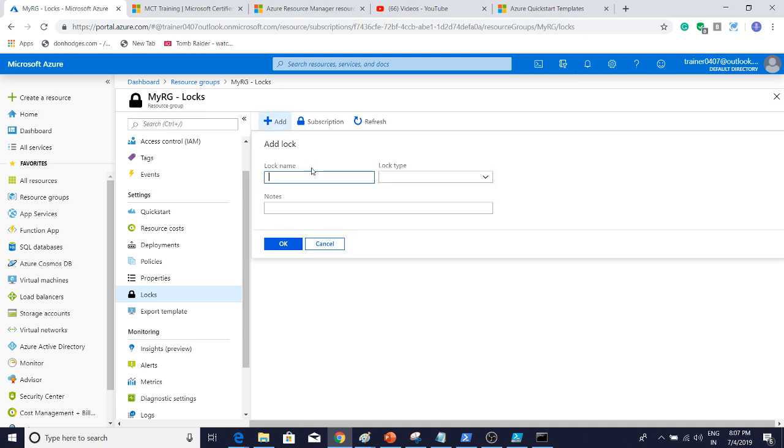There are two kinds of lock. The first one is read only. The second one is delete. Let's give this lock a name. I'm giving it my lock, and the lock type is read only. So what's the difference between read-only lock and delete lock? When you implement read-only lock,